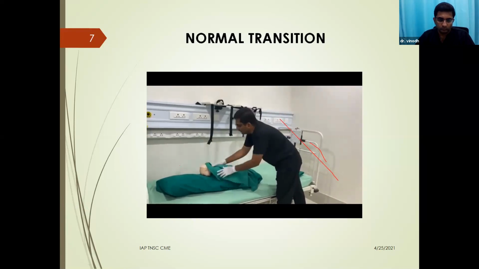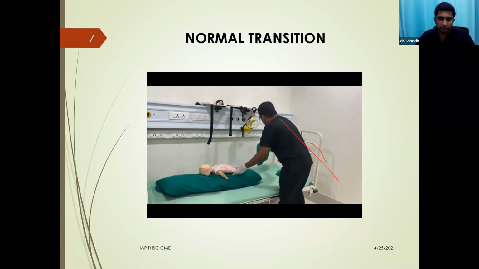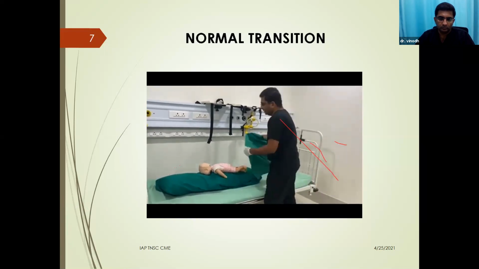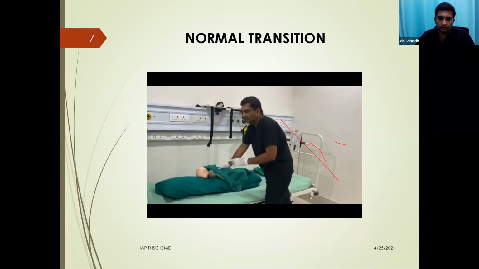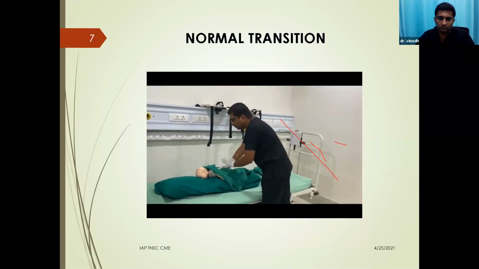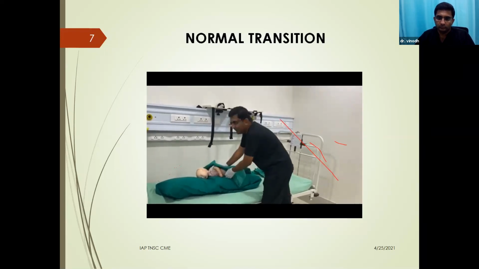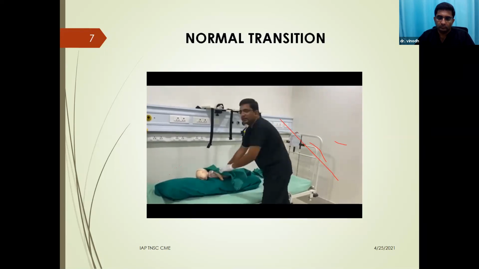After that, dry the baby over the mother's abdomen, remove the wet linen and replace it with a warm towel lining. These things will be done with the intact cord. So wait for 60 seconds, let the baby be on the mother's abdomen, providing skin-to-skin contact, and after 60 seconds, the umbilical cord should be clamped and cut. Okay, so after that, the baby has to be started on breastfeeding.